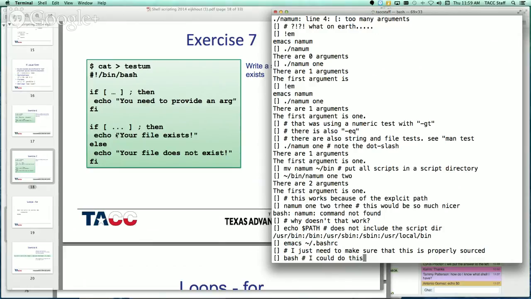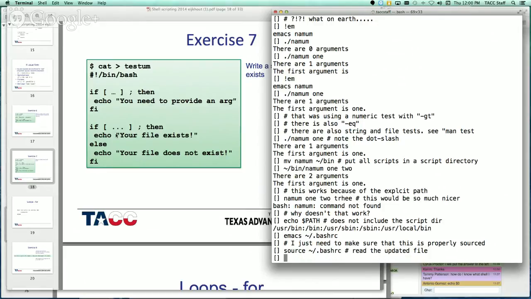So I can just open a new terminal window or start a new bash, but you can also source this. Now if I echo $PATH,